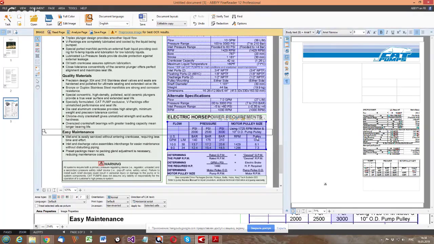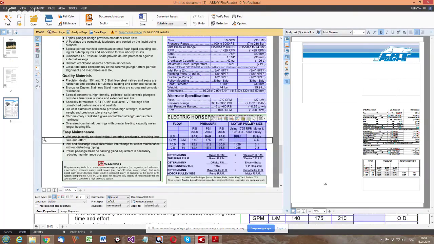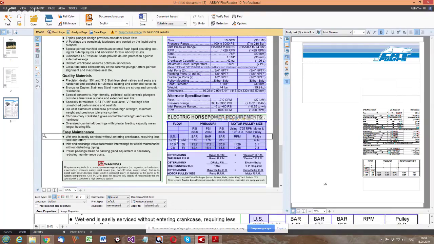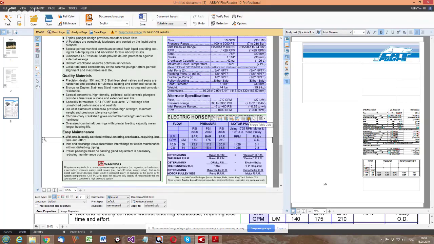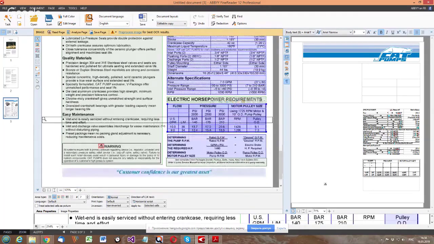And pulley OD, pulley outside diameter, is also one sentence. RPM could probably also be merged. And here the pressures in bars should also be merged. And US gallons per minute should also be merged, probably here as well. All right, so I've merged the cells in this table. I think it's more or less okay.